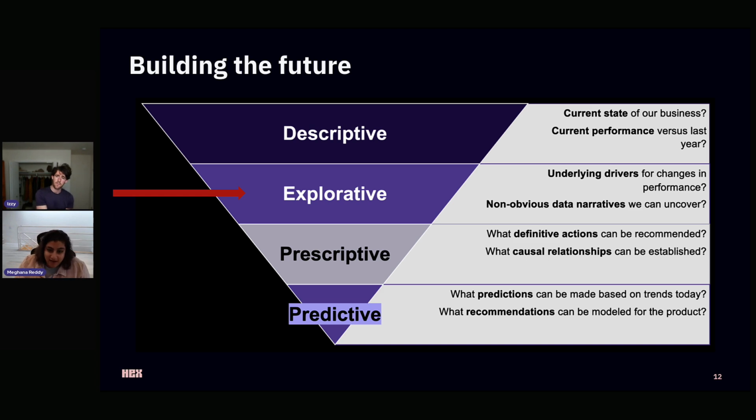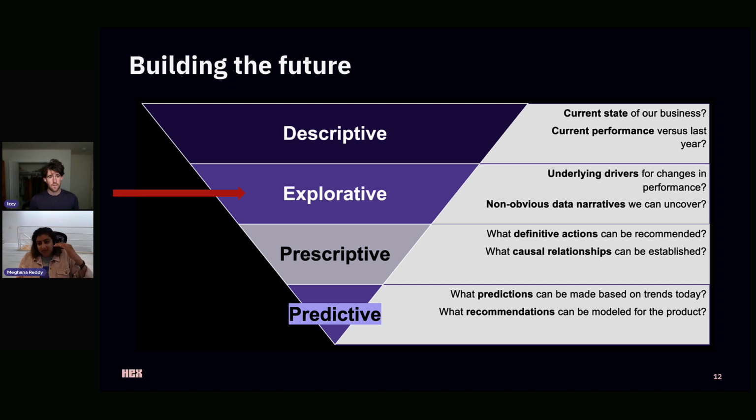So that's what this little red arrow is trying to indicate. If you think about the type of analysis and insights that you can create, things tend to follow this funnel or this hierarchy where the logical first place to start is descriptive analytics, right? At the foundation, you should be able to answer questions about the current state of your company's business, things like performance, things like year on year, things that are purely factual and descriptive, but aren't necessarily telling you what to do or even why it's happening.